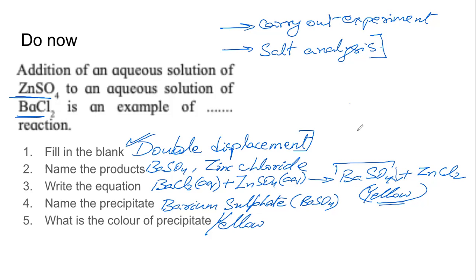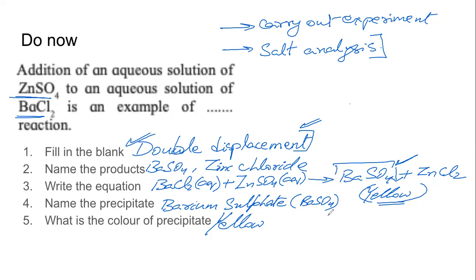So this is the trick, this heuristic we can use. Once we have identified that this is a double displacement reaction, the second step is to know which is heavier. The more questions we solve, the more conversant we become with the periodic table. We will know where each element is, which is heavier, which is lighter. Then we will know which will precipitate.